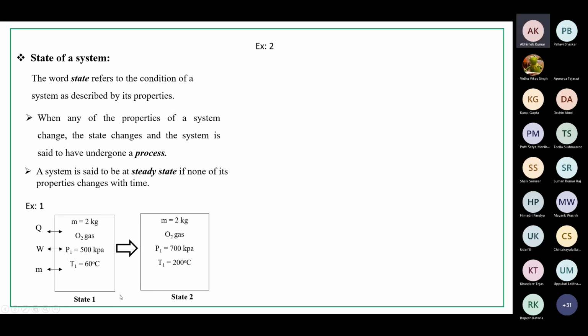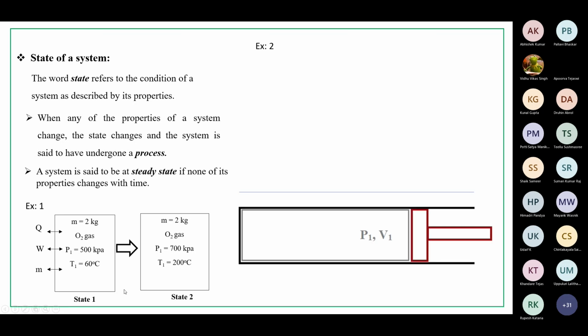Obviously we have many intermediate states in between. Otherwise, all of a sudden how can it jump from this to this? Okay, obviously we have many intermediate states over here. Let us see that. Suppose this is the piston and cylinder. The aim of this piston and cylinder is to compress the air, like your